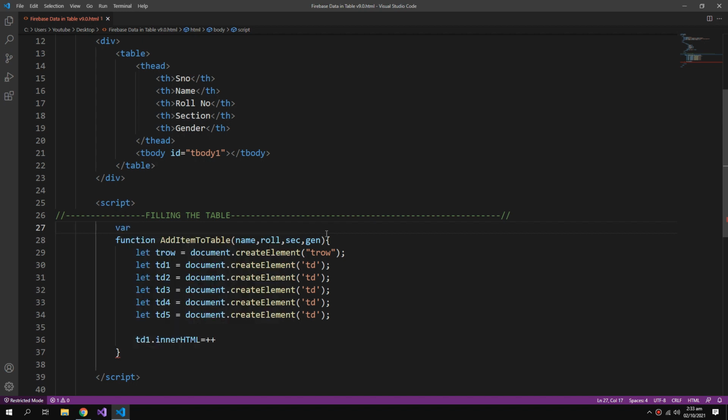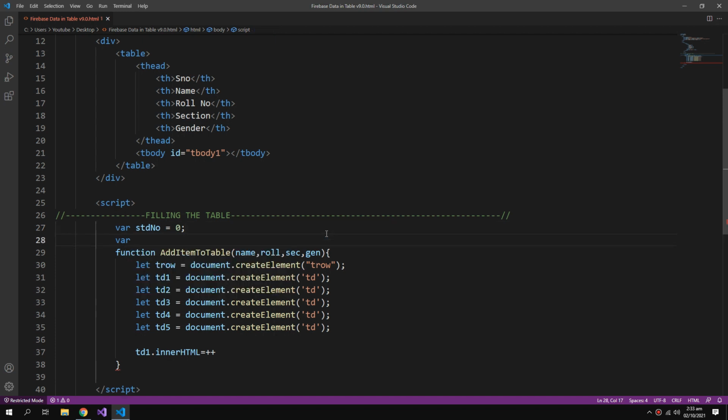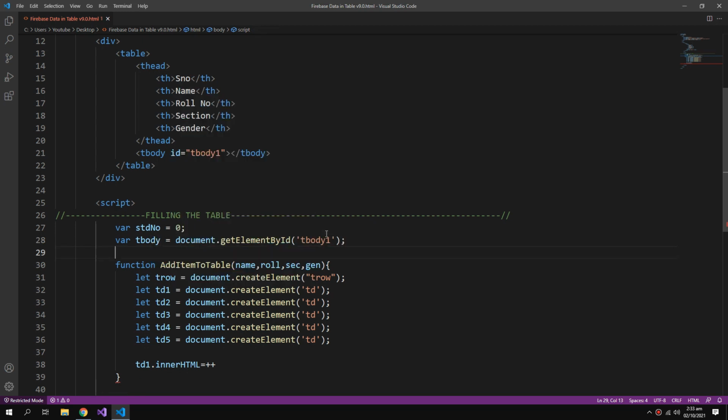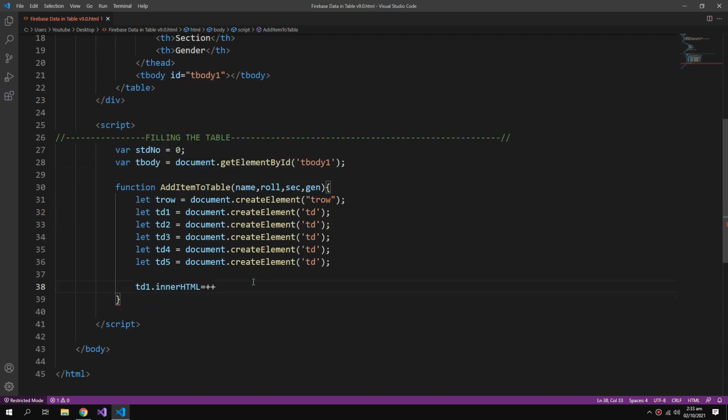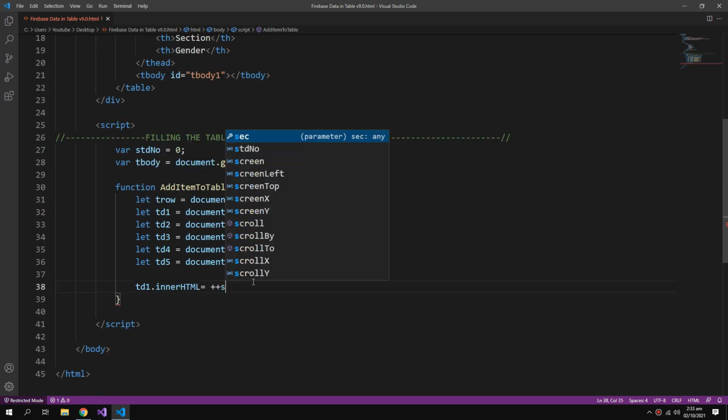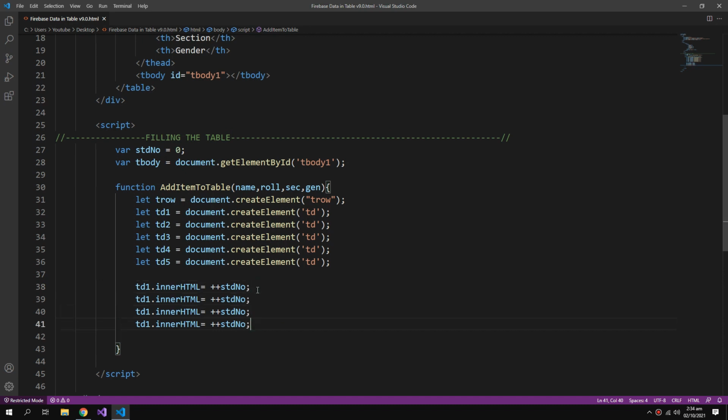So var studentNumber equals 0, and another variable for getting the tbody, because we will add our complete row to our tbody. So plus studentNumber.